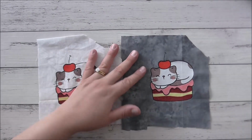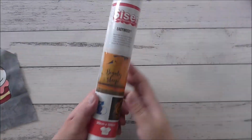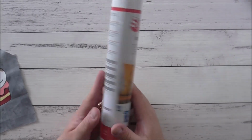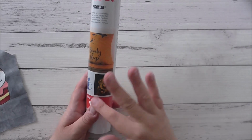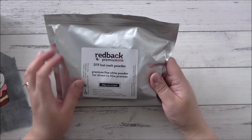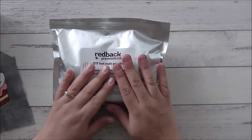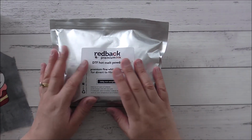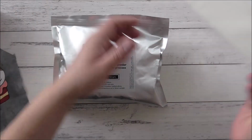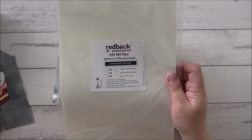So what I used for this hack is just some cotton fabric. I used Siser Easy Weed HTV, and I used white, so just regular white HTV. You can use any brand you like. I used Siser. I used the Redback Premium Ink DTF Hot Melt Powder for direct to film process, and I bought this from a seller here in Australia, and it just worked out cheaper than Amazon for me for some reason. And I also used the same brand pet film, direct to film,